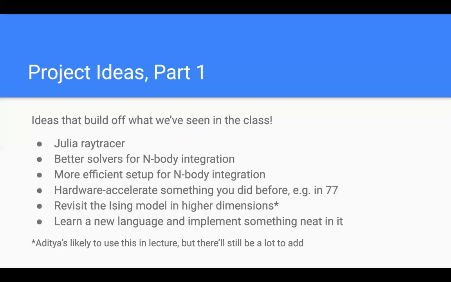Okay, so with all that, project ideas. There are a few different ways you can approach the project for this class. One of them is to build off something that you liked from the class itself. Alad showed off a ray tracer in the very first lecture. You could build a Julia version of that and get the benefits of just-in-time compilation and things being written more naturally for science. There's a whole lot of stuff that I really wanted to include in what is now homework 5, like better solvers or a more efficient setup that I can explain as needed,